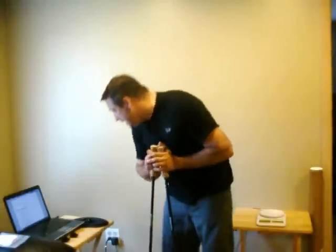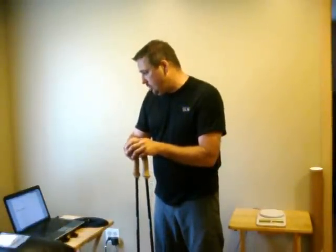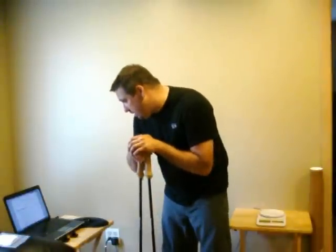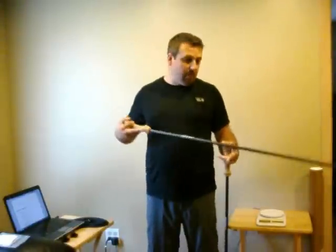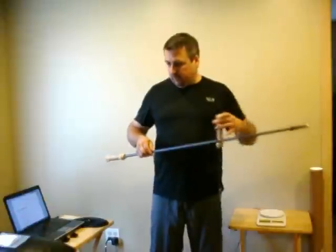As far as adjustability goes, we're looking at 90 centimeters to 140 centimeters. And if you convert that to inches, you're talking about 35 and a half inches to 55 inches. Now that's quite a span. What they're using here for the